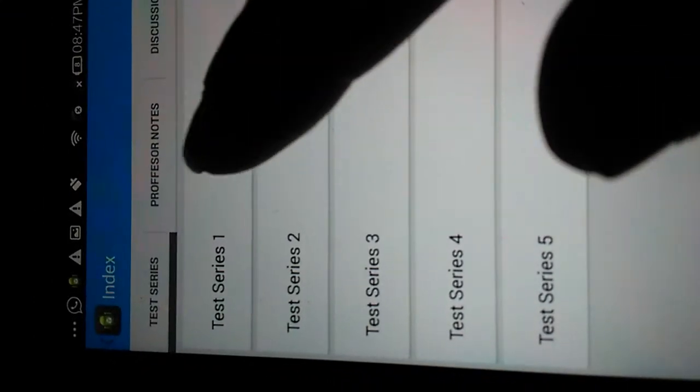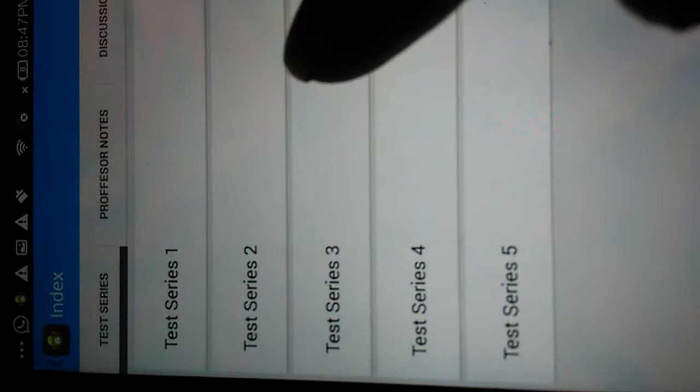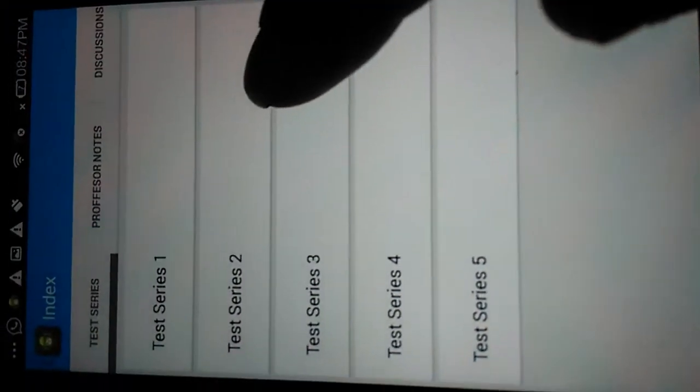Now we will take a quick look at it. We are actually in the Study app. Here is the test series. We will select test series number 3. Now we can see the total student count is 1, as we have just logged in with one student from the Edu app. The present students is 0, and there is a click timer to distribute the test.